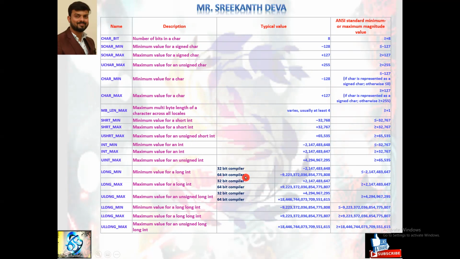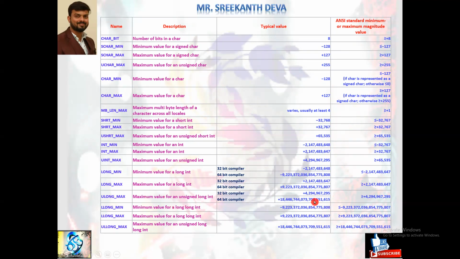So it consists of various bit compilers like 32-bit, 64-bit compilers. It's going to vary, like this is the range, minus 2,147,483,648. LONG_MAX, maximum value of a long integral type. So this is the bit variation: for 64-bit, this value, for 32-bit, this value is going to appear. ULONG_MAX, maximum value of an unsigned long integer.